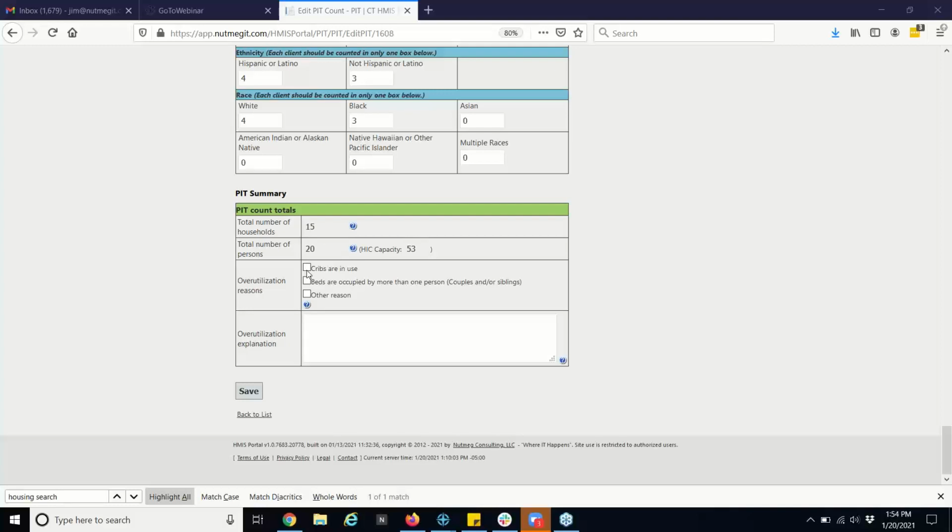What about if there is a program that you do not provide PSH for, but is showing up on the PIT overview? Again, that's okay. There's a lot of programs that are associated with organizations that cover more than one agency. So example being like the Balance of State. So in HMIS, there's an organization called Balance of State, which has multiple projects that cover multiple agencies, and users will see that because they're assigned to the organization Balance of State in HMIS,